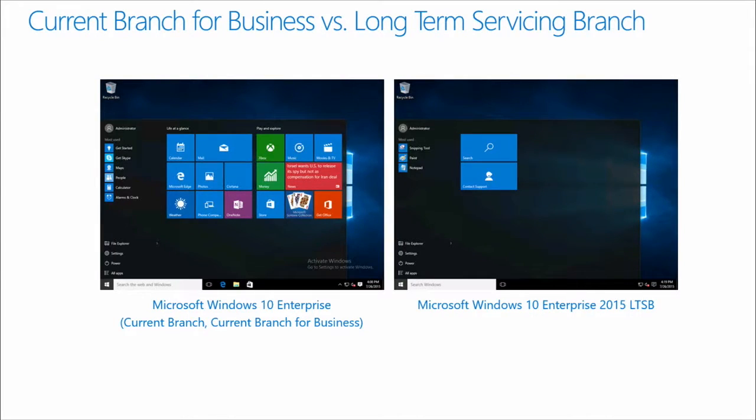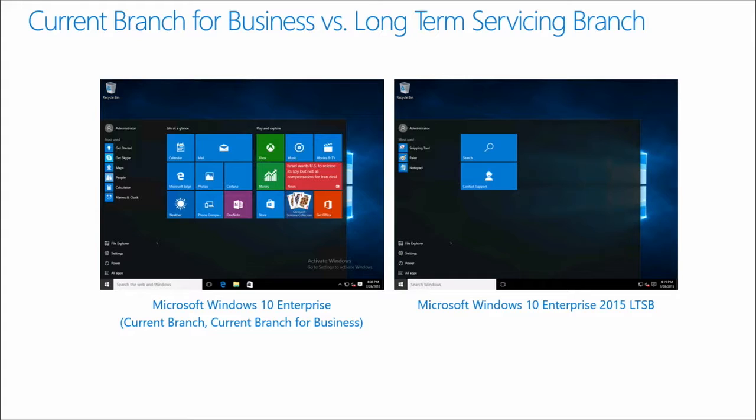So if you were to actually compare the two, I talked about long-term servicing branch being different, and the easiest way to see the differences is to look at the start screen. When we have a typical Windows 10 enterprise installation and you click on the start button, you see all of the apps that are pre-installed. You see Cortana and Edge and the Windows Store.